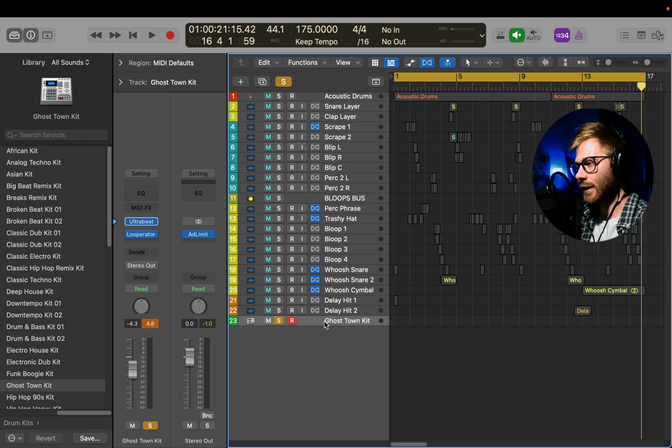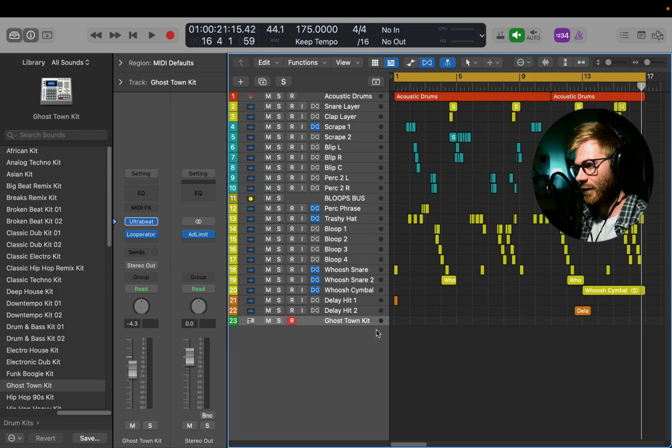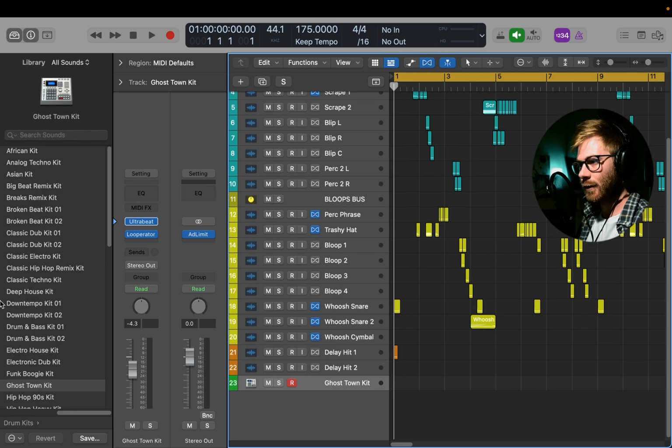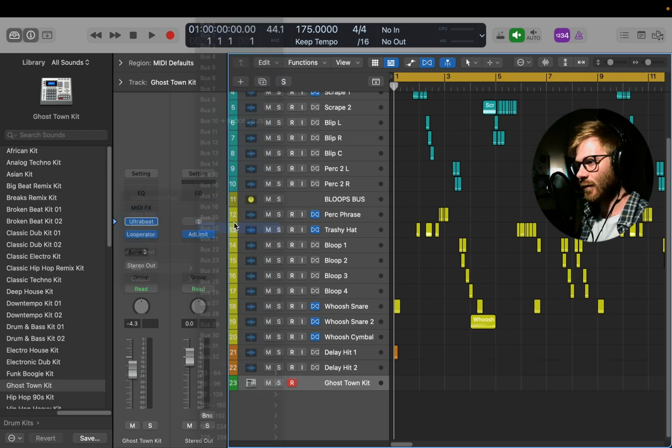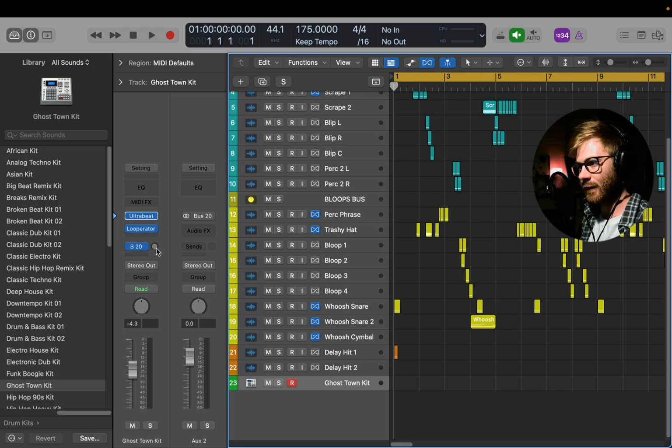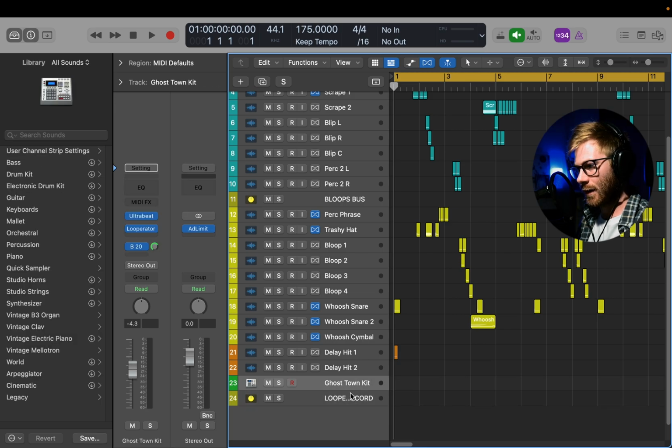A cool way to get quick sounds that are interesting like that is to just record the sound of changing presets. The way to do that in Logic is to select my Ultrabeat track here and send it to a bus. It can be any bus, but let's say bus 20. And I'm going to call that Looperator record. And if I create that track here, now